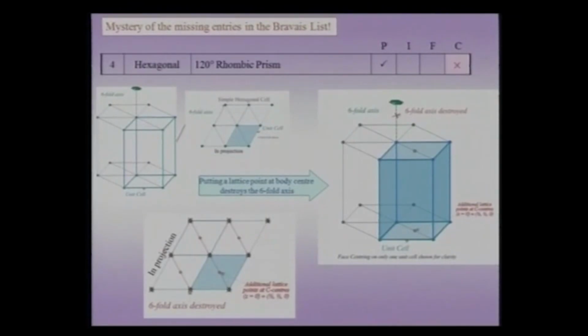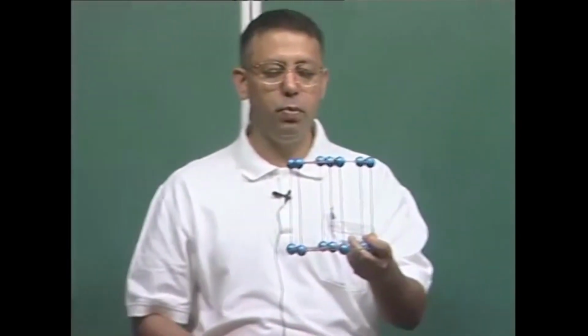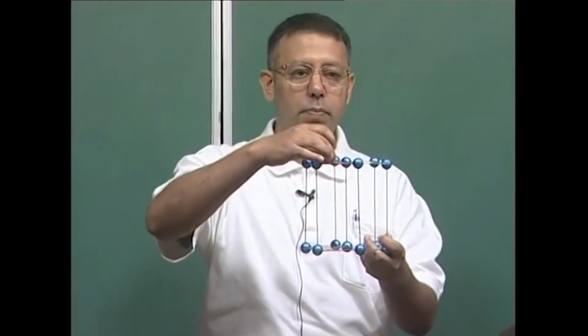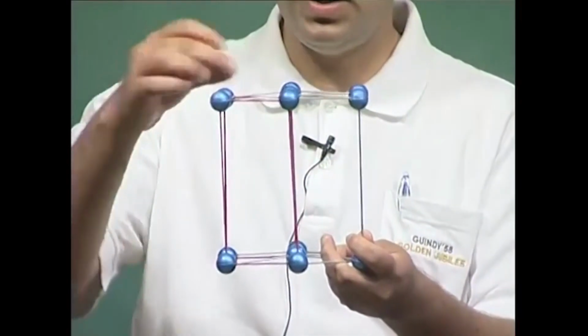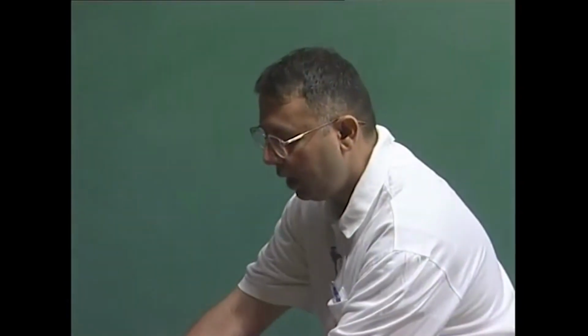So let me again show this using the model. This is a simpler case than the others before, because we are just introducing 2 additional points, and these 2 additional points are one at the top because this is C centering and one at the bottom. So I have introduced my C centering, and when I do such a C centering, I clearly see that such a unit cell, such a kind of a lattice is not possible,